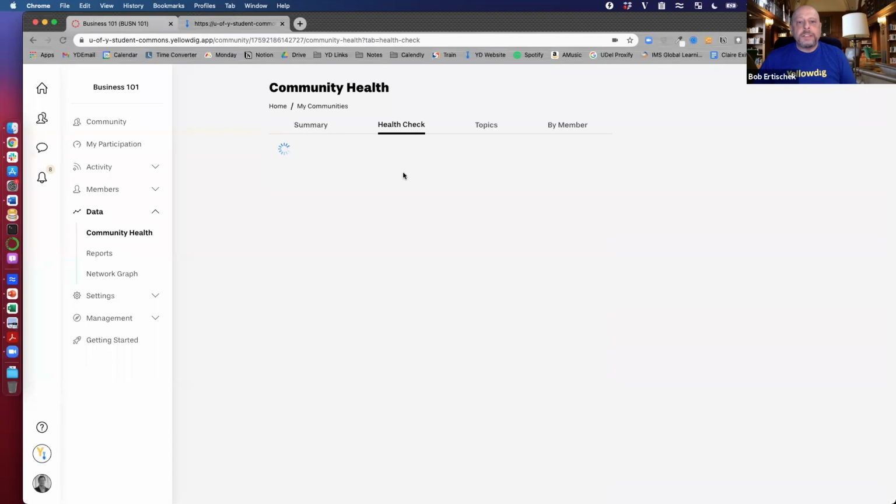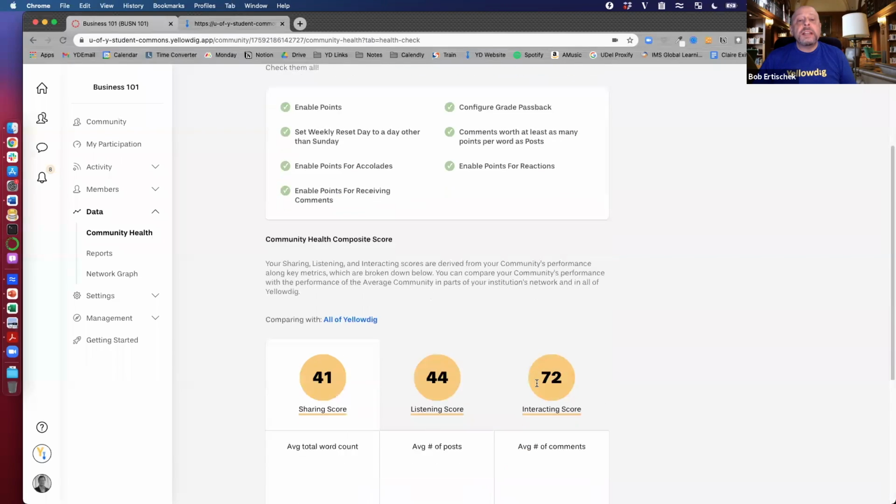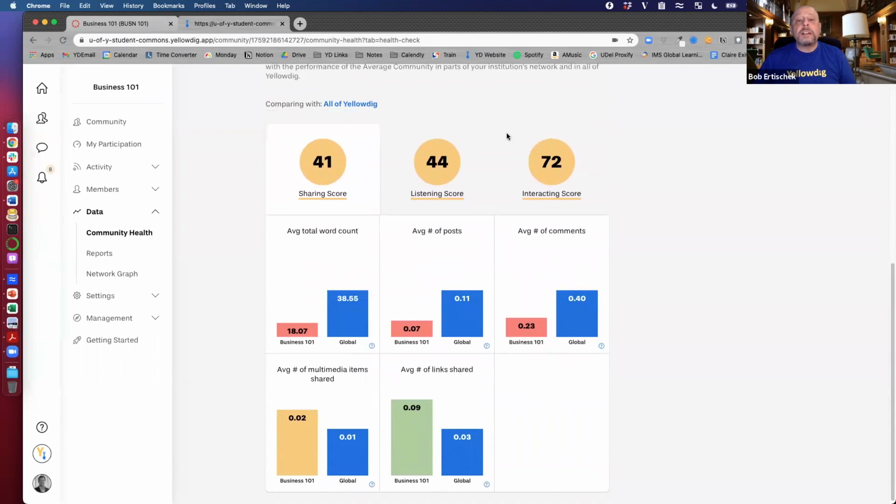All right, the health check. What you're going to see here at the top, and we're going to scroll right past that, is some green check marks to verify that you're in line with what we call our passive best practices. But below that, probably more importantly, on an ongoing basis, is a series of scores of how your community is doing on several different metrics related to all other Yellowdig communities,